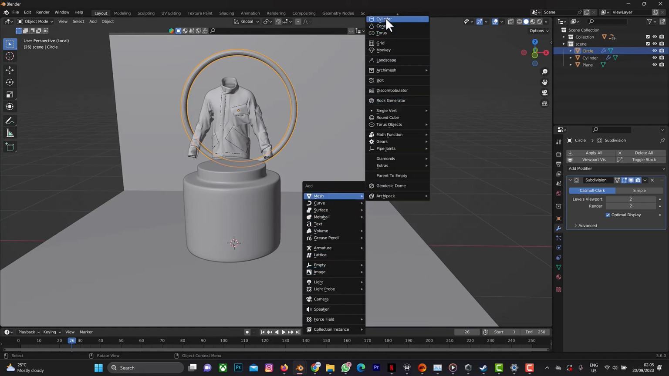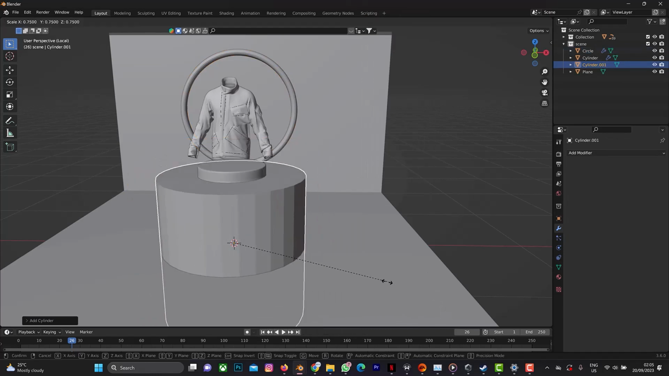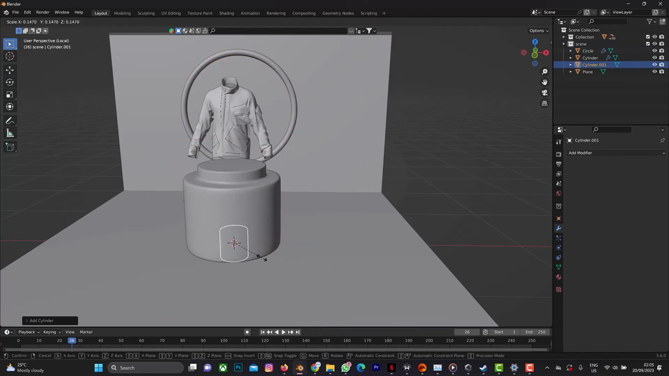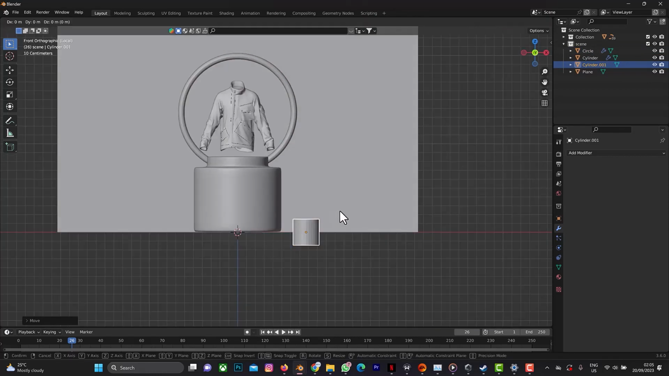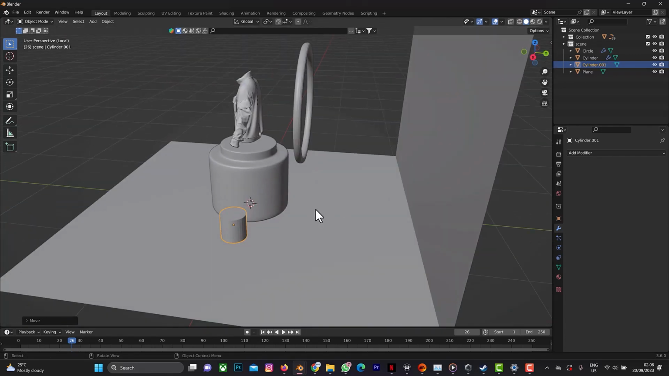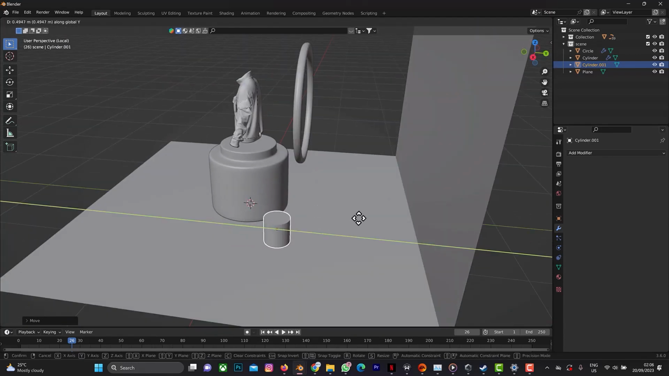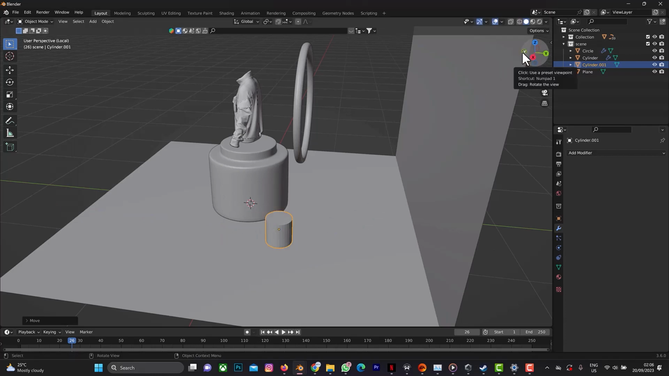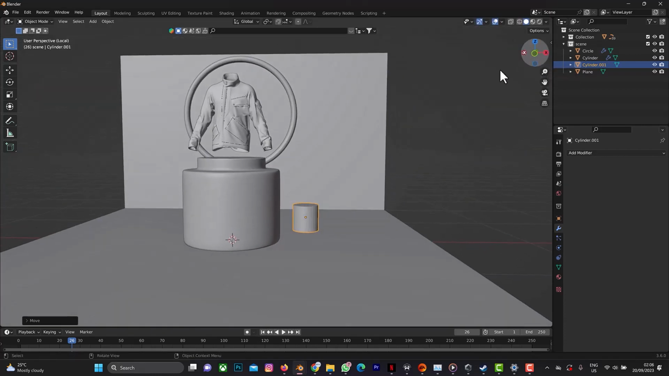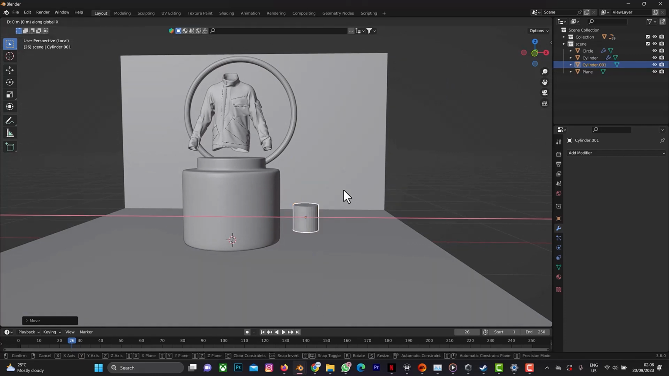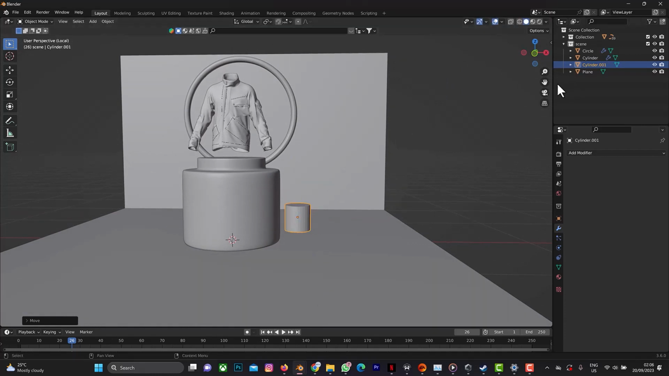Mesh, cylinder, scale down. GX axis, let's click on 1, GZ, yes, and we'll bring it to the back a bit, GY, GX again, yeah. Because I want to set my cylinder properly so that my vase can show in the